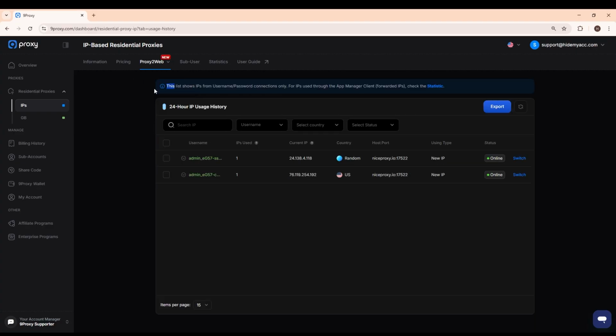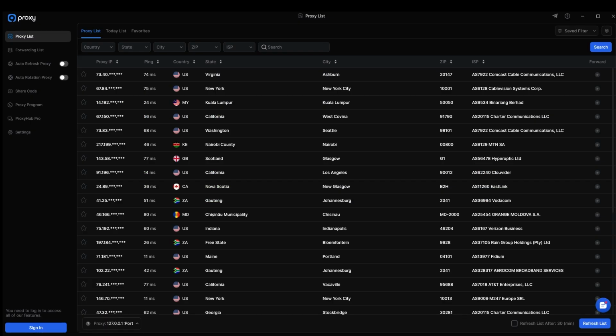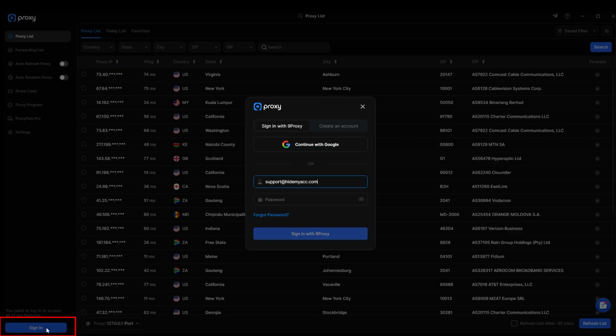Additionally, you can reuse your previously assigned IP addresses at any time within 24 hours in the usage history section. If an IP you've used before becomes active again, you can reuse it without being charged for a new IP, helping you save costs. The second method is to create and use a proxy by downloading the 9proxy app to